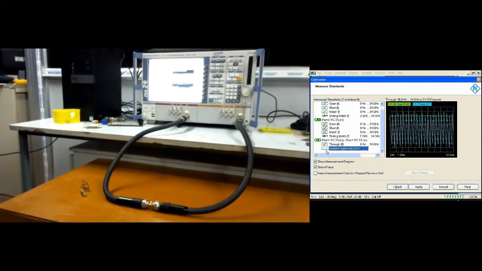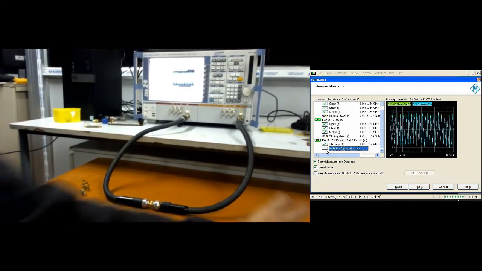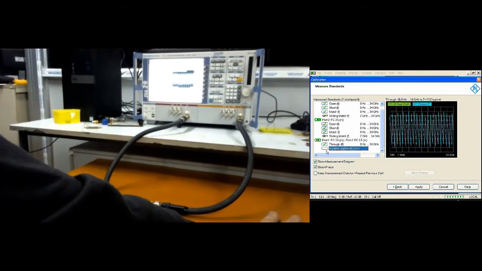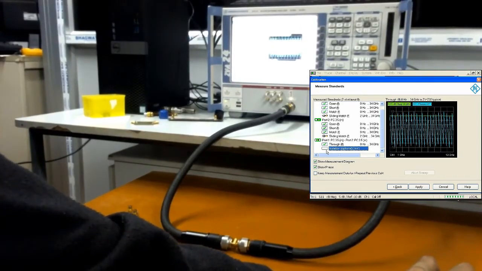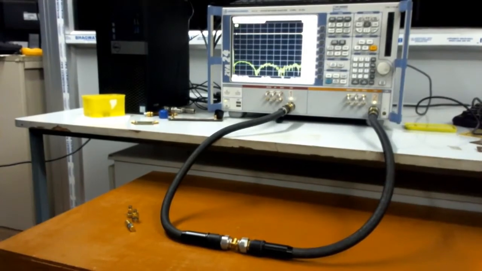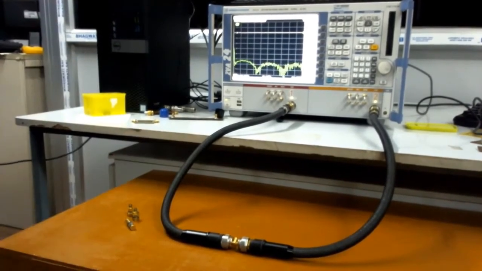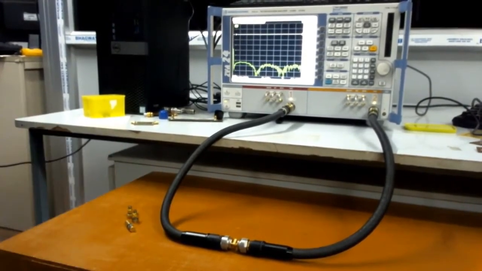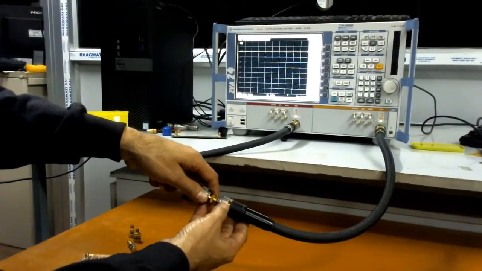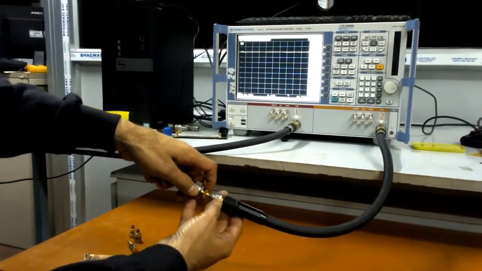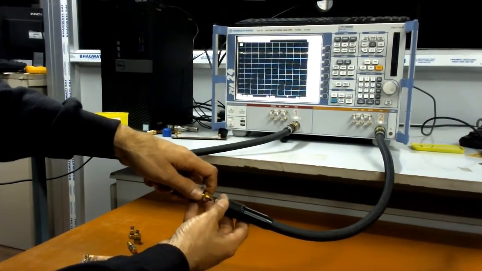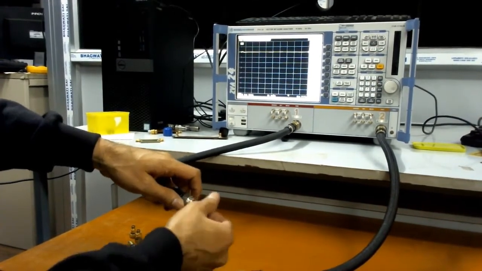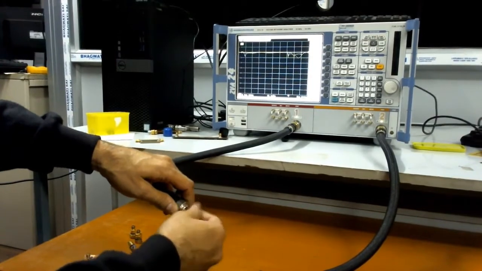So now we can go for applying our calibration. And as we have already said, isolation here is optional and it is not required for our purpose. So right now, let us apply it. So our calibration is done and our instrument is ready for our measurement for whatever device under test we are using. Now we are removing the thru connector from the port to calibration, and let us make our instrument ready for our measurement of the device under test.